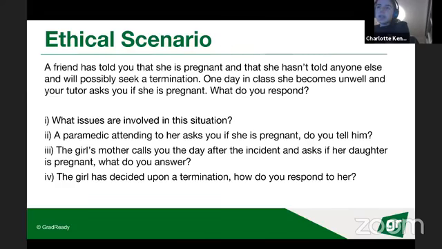But it is asking you to make a lot of assumptions, and I think the priority really is the confidentiality and respecting the trust that your friend has put in you as well. And I think the other thing to consider is that if your friend hasn't told anyone else that she's pregnant, it might be because she feels a fair bit of personal turmoil about this potentially, or it just might be really early.